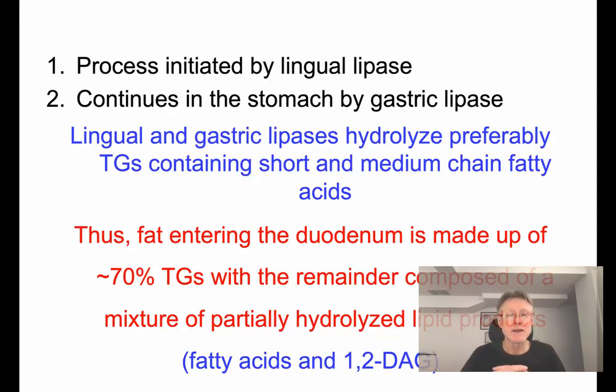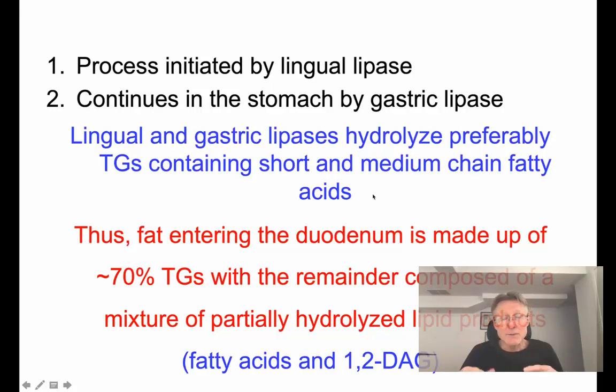So lingual and gastric lipase begin hydrolyzing preferably triglycerides containing short and medium chain fatty acids. And this depends on your diet. Depending on what kind of food you're eating, you may have different types of fatty acids making up that triglyceride molecule. It could be short chain, long chain, or medium chain. But the lipase in the mouth and in the stomach preferably cleave short and medium chain fatty acids that are present in triglycerides. So, fat entering the duodenum,